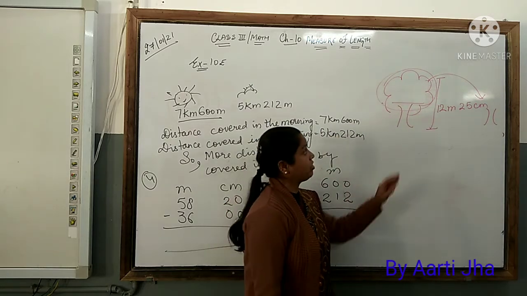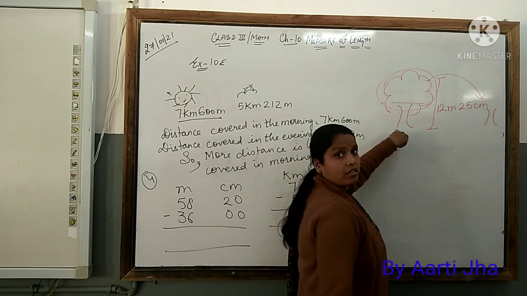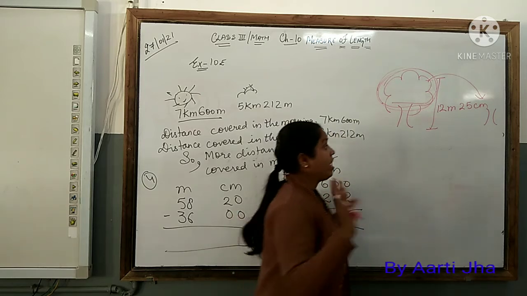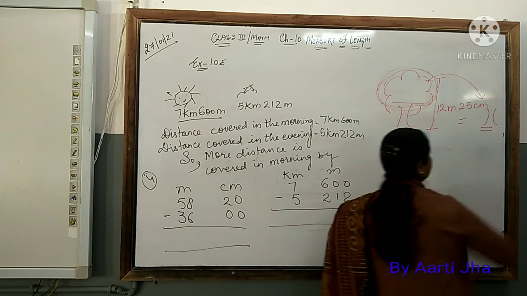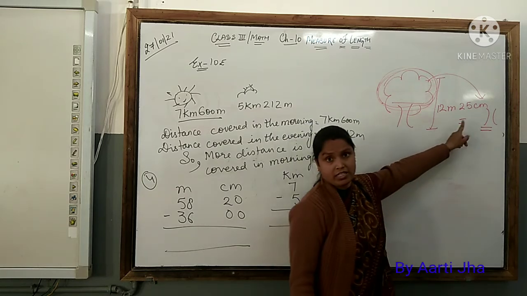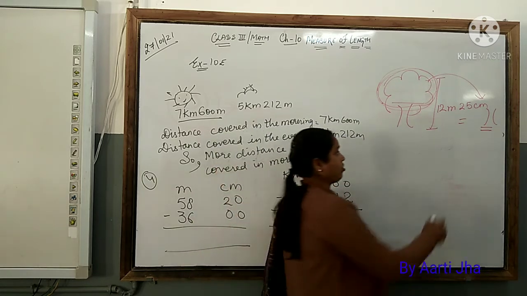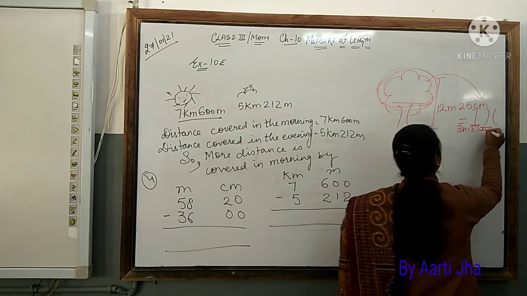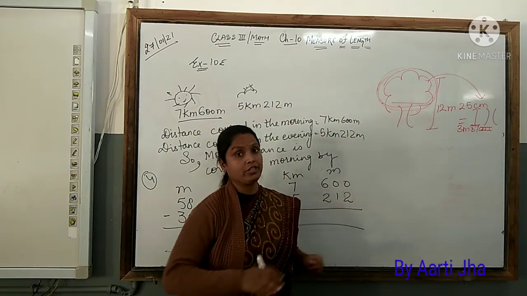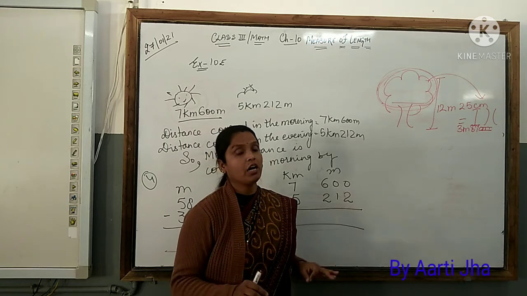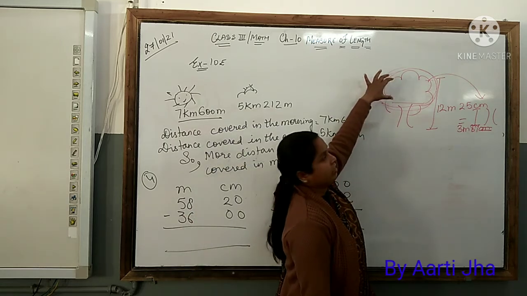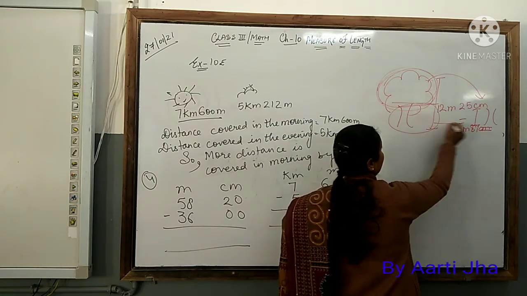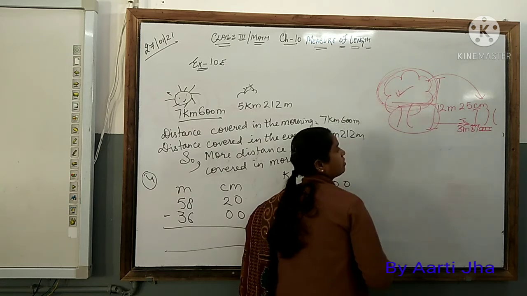Okay, did you understand the question, children? The question says, when the strong wind has come, at that time the upper part of the tree has broken, and after breaking only this much part is left. And the part that is left is 3 meter 87 centimeter. Now the question is asking you to find out the height of the upper part. This we have to find. From this bigger part, this part is given to you. You have to find this part.